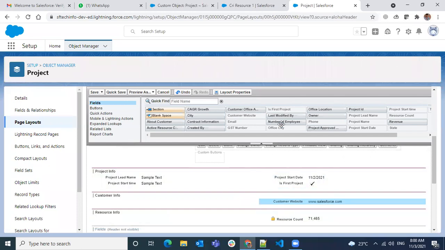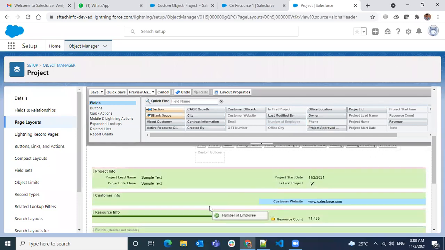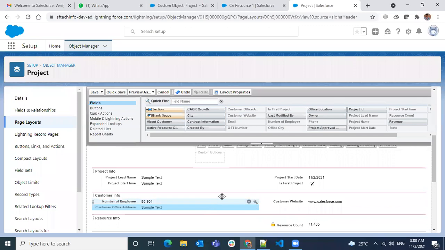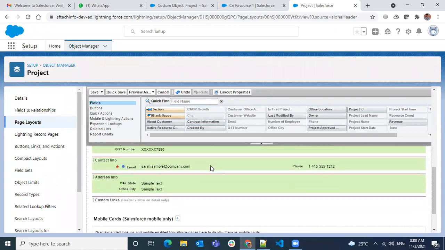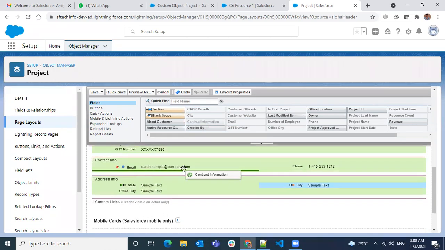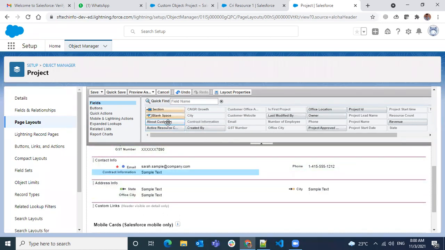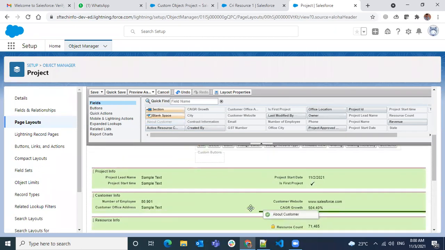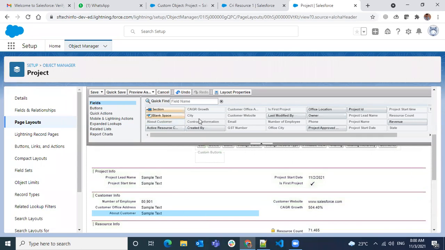This customer website, number of employees of the customer, customer office address, CAGR growth of the customer, under city here, and contact information about the customer here.